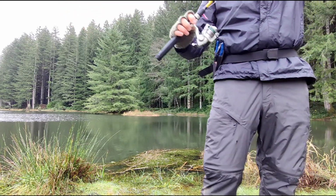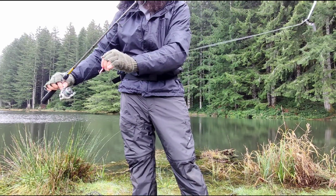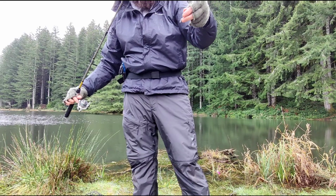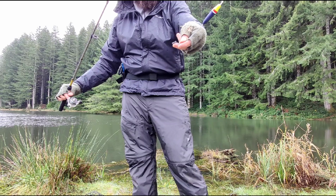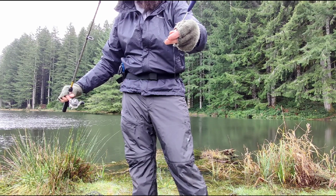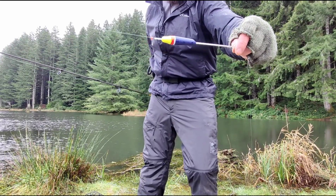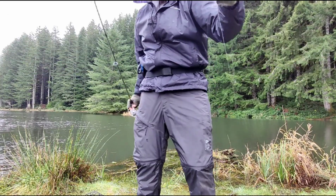So to go over a little bit more detail on this trout magnet setup, just so that you know. I'm running about 36 inches of 6-pound test fluorocarbon. Probably don't need to go that heavy, but there again, I just have it. I took a little piece of what we call pencil lead, and this is a solid core, and I punched a hole in it, and I have a set of what they call snap ring pliers, and it has a lead punch on it. This is a Bomac 1/8 ounce sliding bobber, so I can reset my depth if I'm finding I'm not fishing deep enough, and I put a bead stopper up there,